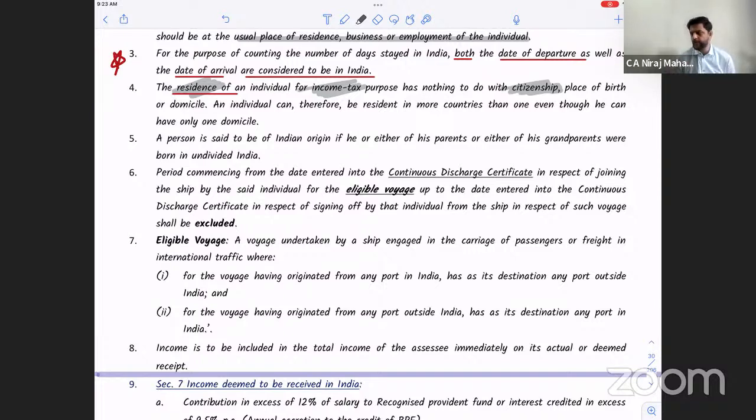one of the easiest ways of getting citizenship is, how? Any common sense coming to your mind? How did you get your citizenship of India? Did you apply for it? Tell me. One of the basic things. Exactly. Very good, Niraj. Good answer. Generally and normally, it is by birth that you get your citizenship.